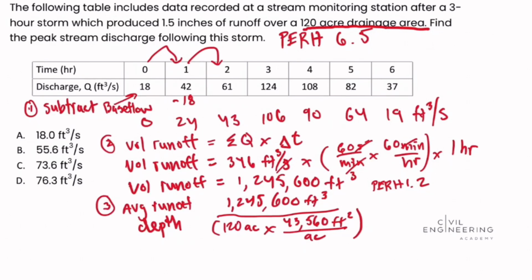And what we'll do is we'll then take our 1,245,600 cubic feet and divide it by, close brackets, because we're going to do our unit conversion first, 120 acres times 43,560 square feet. And that gets us an average runoff depth equal to